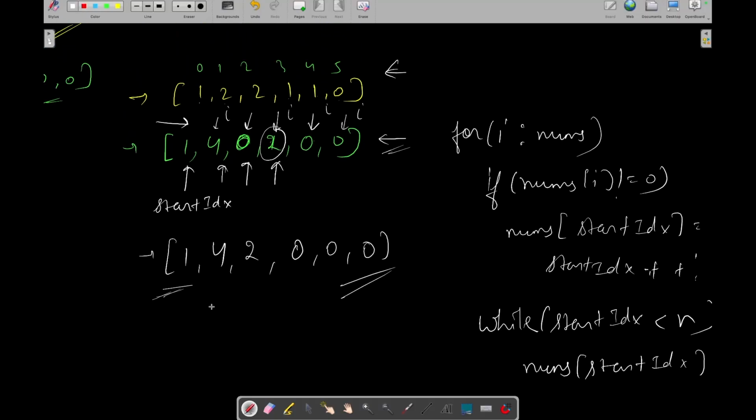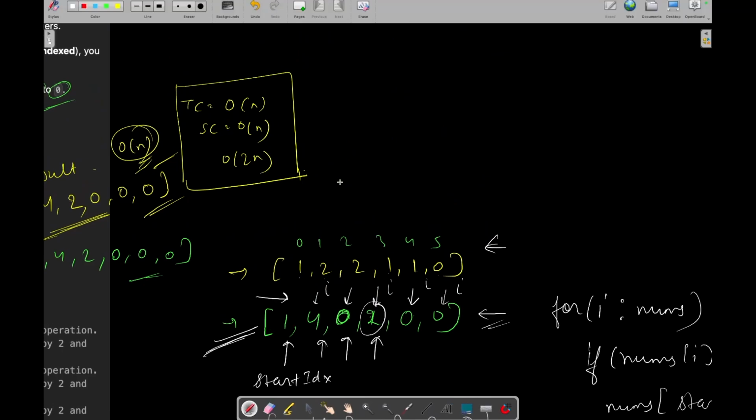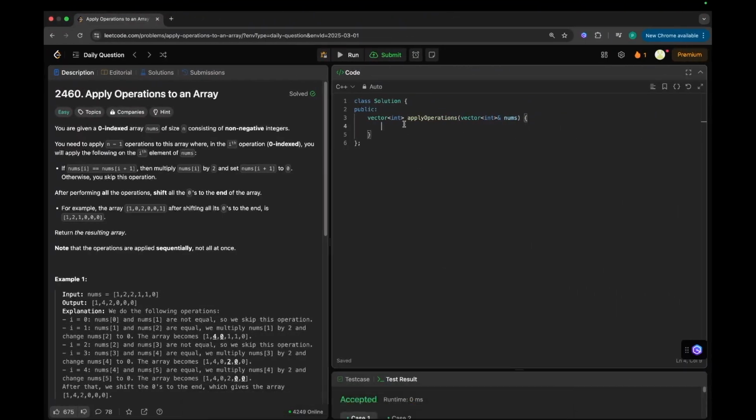So what will be the time complexity of this? It will be big O of n, as we are doing single iterations every time, and space complexity will become big O of 1 if we are not replicating the input data. If we create a copy of input data, then its space complexity will become big O of n. If we are replicating the input data, then the above space complexity was big O of 2n, and now it becomes big O of n. Although it's not a very big optimization, in interviews you can be asked to do any kind of optimization. So let's try to code this question once.